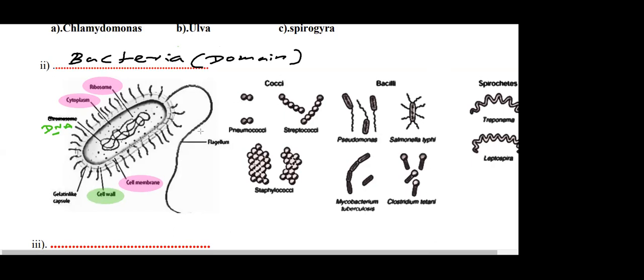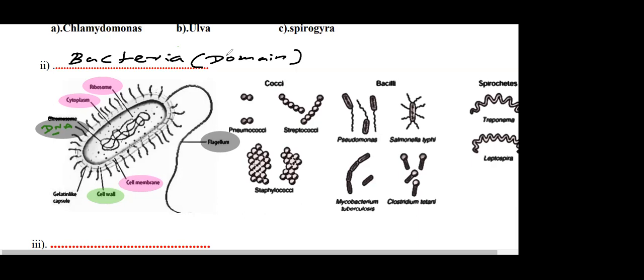Animal cells have no flagella, but this one has flagella, and this DNA is circular DNA, which is sometimes called chromatin. Then there is no nucleus here. Our chromosomes are inside the nucleus, but in bacteria the DNA is not inside a nucleus. And the other most important point: bacteria have no Golgi complex, no ER. Membrane-bound organelles are not present in bacteria. Other than the ribosome, no membrane. Ribosomes have no membrane.